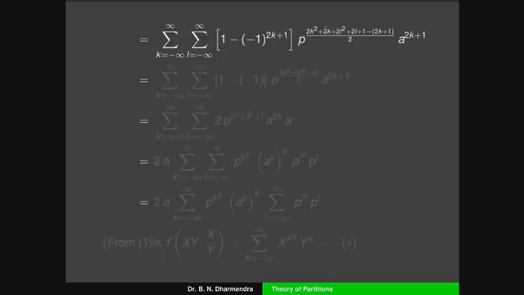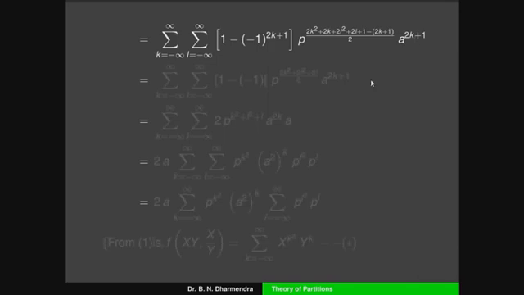We know the value from the previous slide: m square plus n square is 2k square plus 2k plus 2l square plus 2l plus 1, minus m plus n. Here m plus n is 2k plus 1. Here plus 2k and minus 2k, and plus 1 and minus 1 get cancelled. Finally, it appears in terms of 2k square plus 2l square plus 2l. So the terms containing 2 are there in both numerator and denominator, and you can cancel them: k square plus l square plus l, into e to the power of 2k.